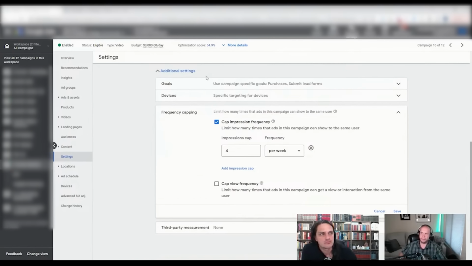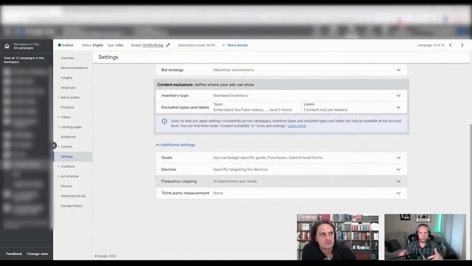Why? Well, I took this campaign from 300 a day to 3,000 per day. And when I went from 300 a day to 3,000 a day, you have an X and Y axis. I'm going to turn off my screen share here. X axis is ad spend. Y axis is people. With more ad spend, everyone assumes more people. No. With maximized conversions, more ad spend means fewer people, more frequency.